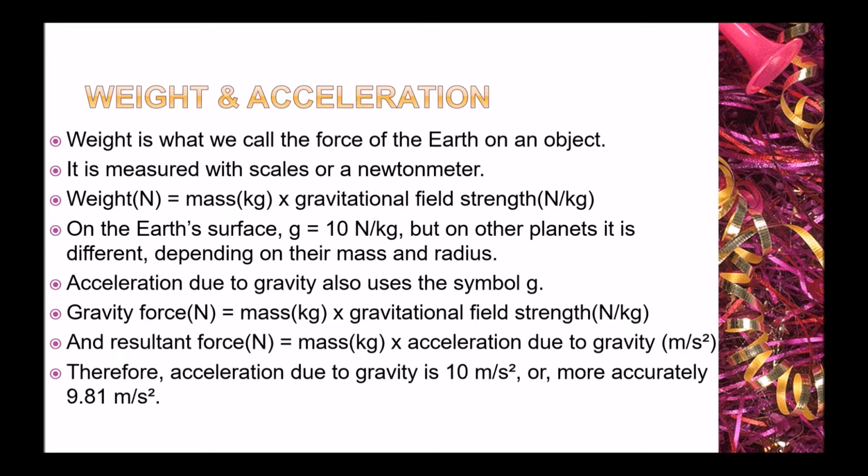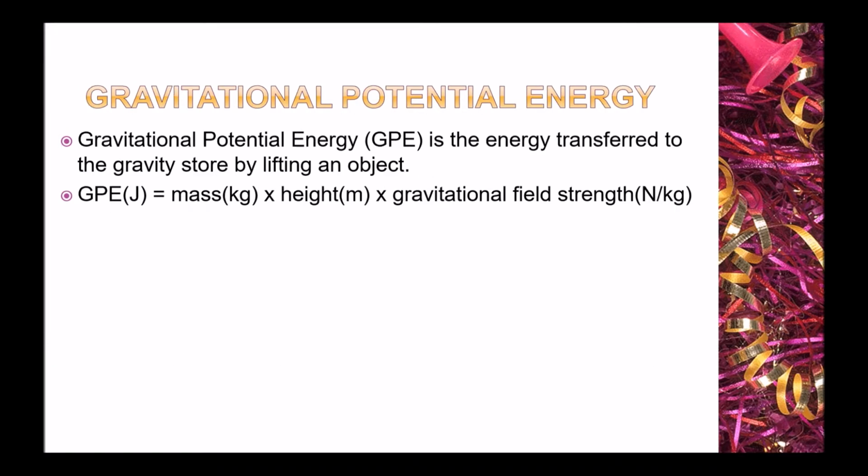But resultant force is mass times acceleration due to gravity, which is the F equals ma formula, which means that the acceleration due to gravity is equal to the gravitational field strength. So it's about 10 meters per second squared. Gravitational potential energy is the energy transferred by lifting an object, and it is mass times height times gravity,